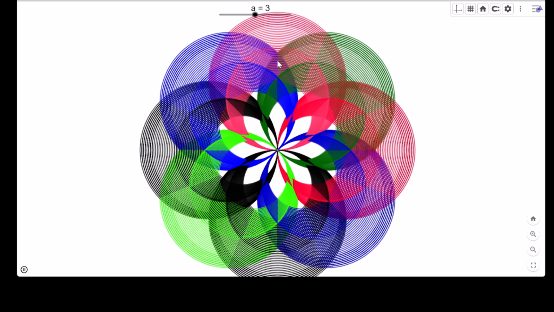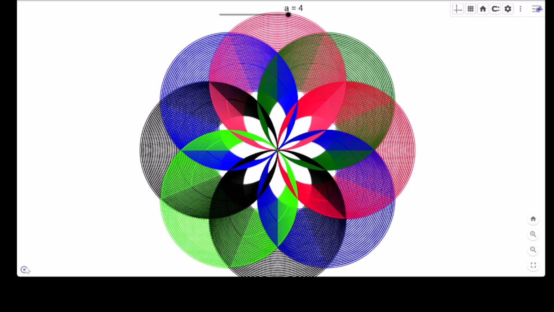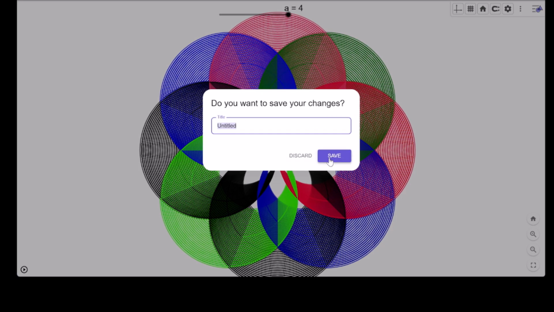This animation also you can make a speed. You can increase the speed, you can decrease the speed, and you will find a beautiful design. Thank you for watching. You can save it, you can save it to computer, you can save it online. All the options are